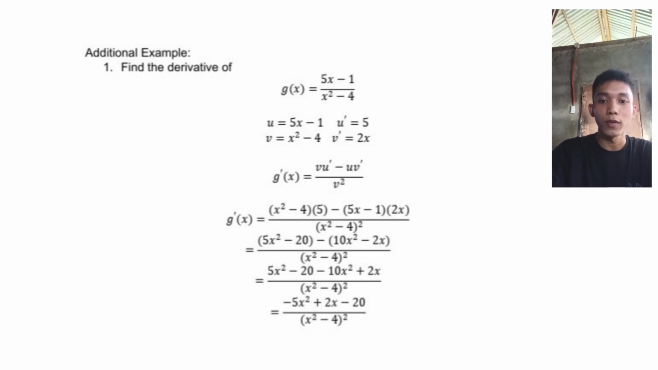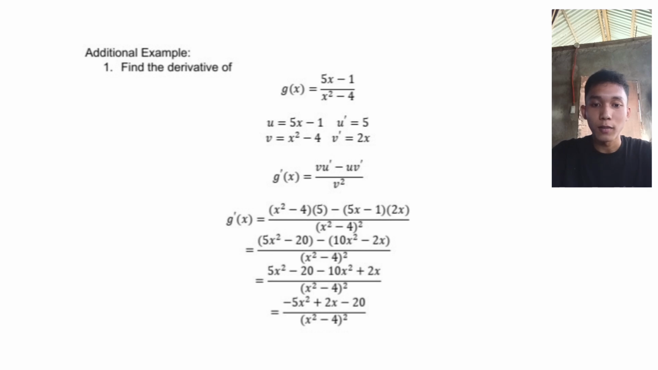Next step is we need to distribute the negative sign. So copy 5x squared minus 20x, and then negative multiplied by positive 10x squared is equal to negative 10x squared. Then negative is multiplied by negative 2x, so it equals positive 2x. Then copy the denominator. Next step is we need to combine all like terms,